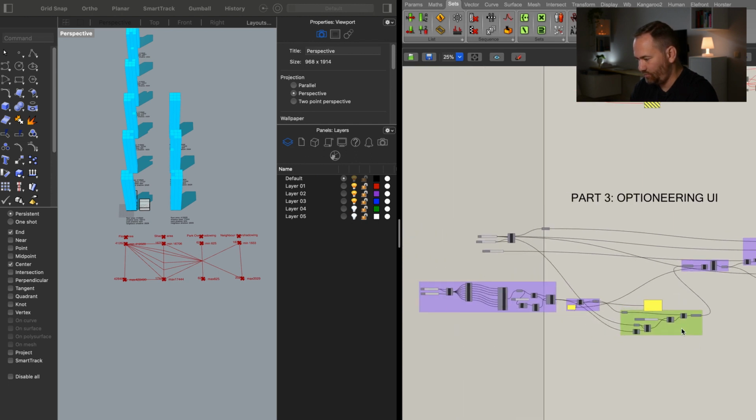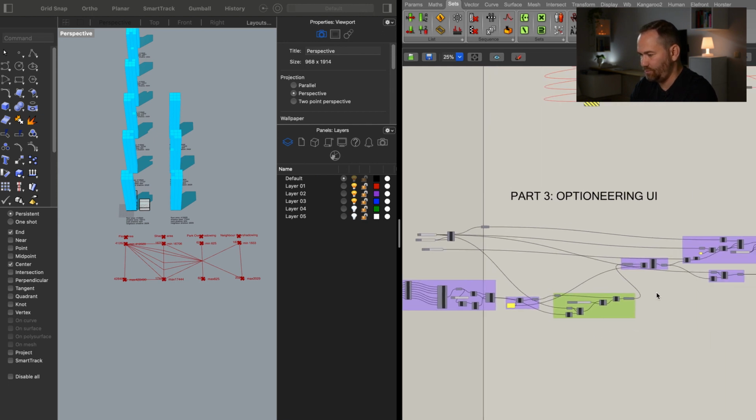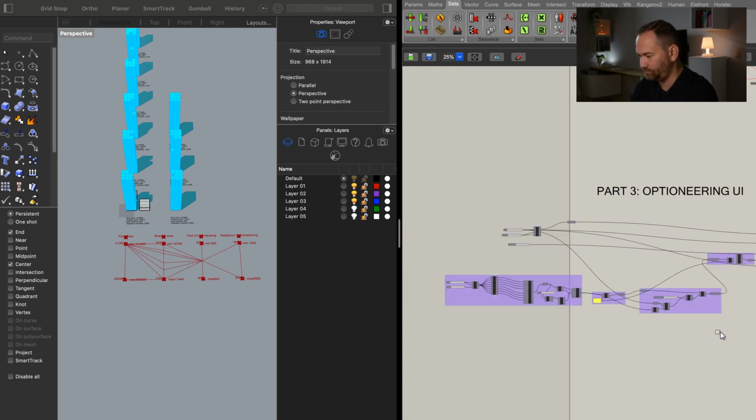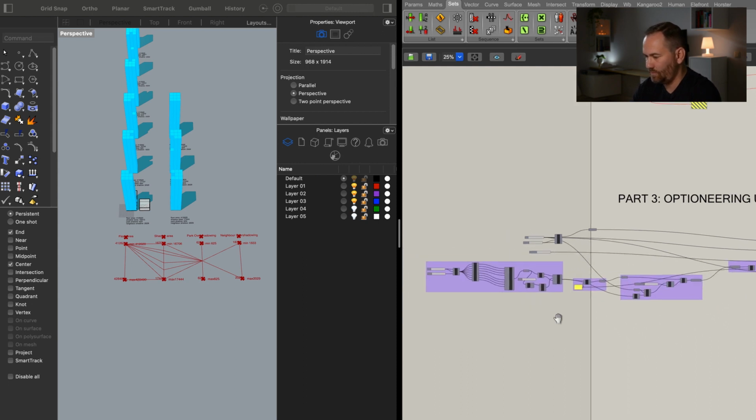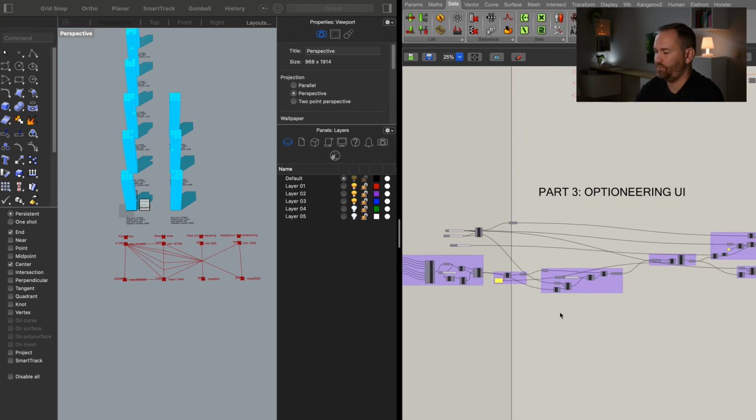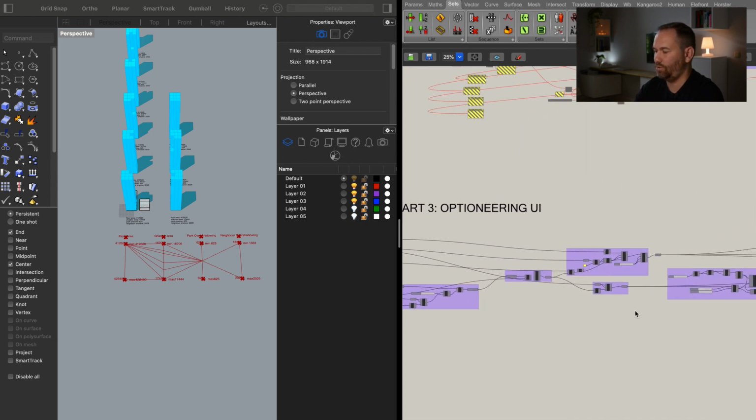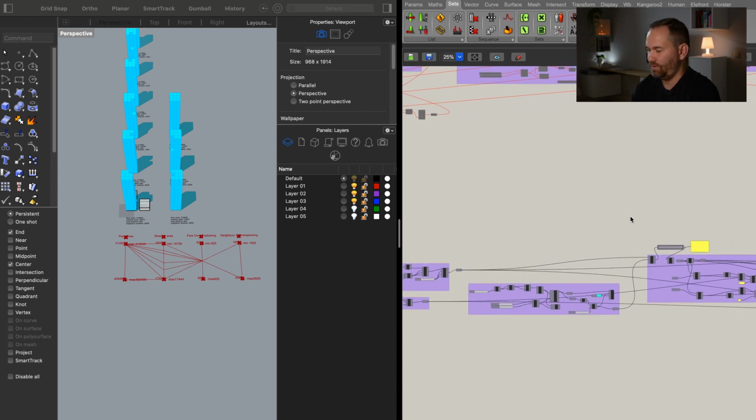Okay, and the pre-filtering, we don't need that, and the pre-filtering comes in between. So, genome definition, pre-filtering, 3D model generation, analysis,